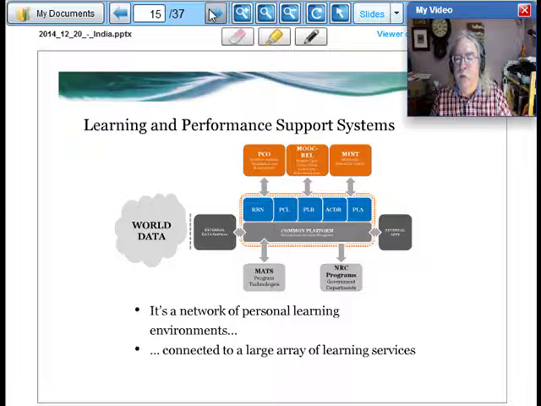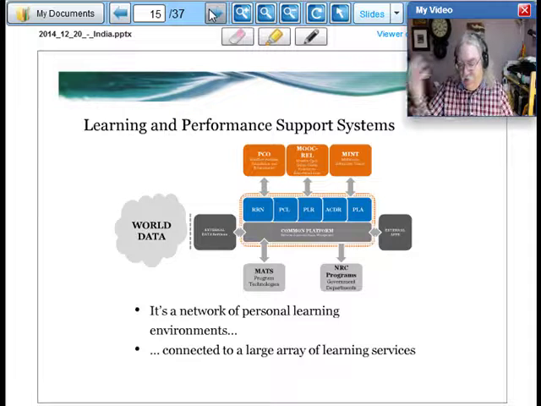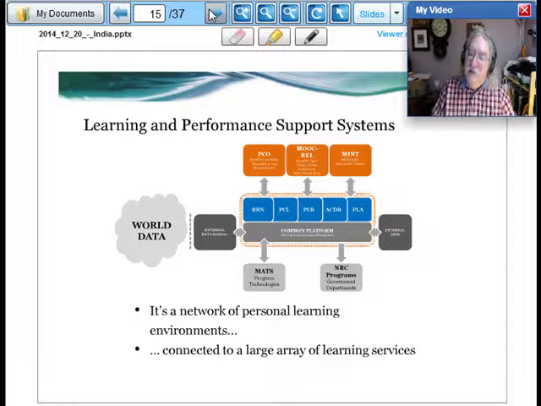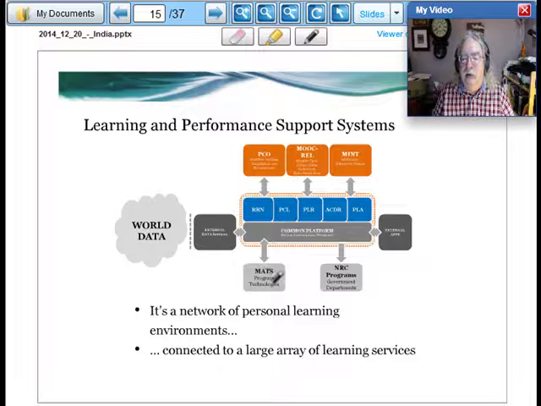So here's an overall representation of learning and performance support systems as we've designed it at this point. And we have to keep in mind it's a research project, it's a moving target. Already I can see things in this diagram that are wrong, even though I reviewed it yesterday. For example, MATS, which is Multiple Analytic Technologies for Security. That's a bunch of analytics software that we tie into, things like emotion recognition, things like automated translation.